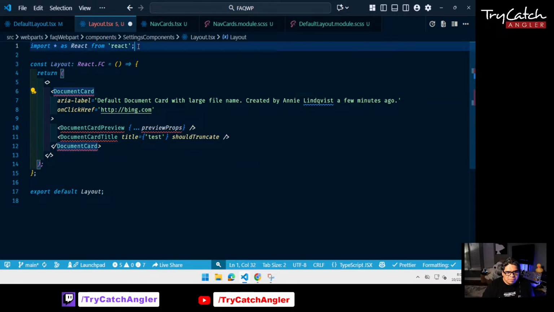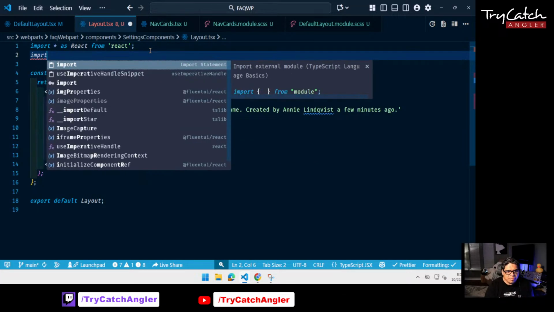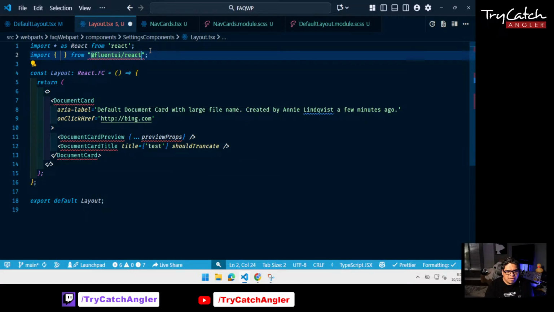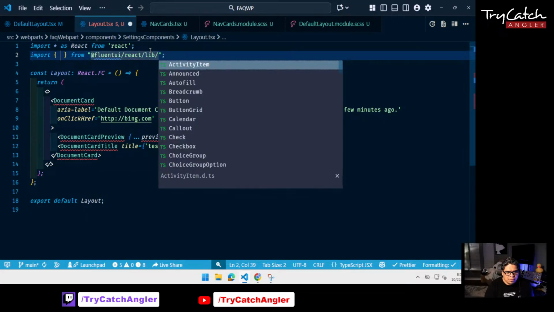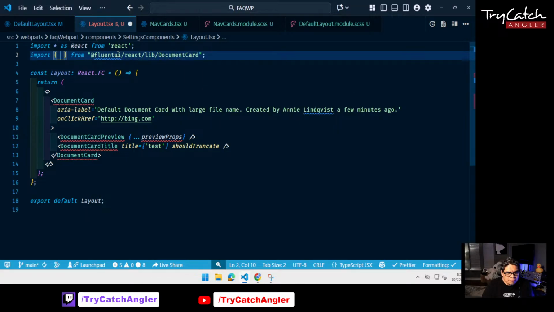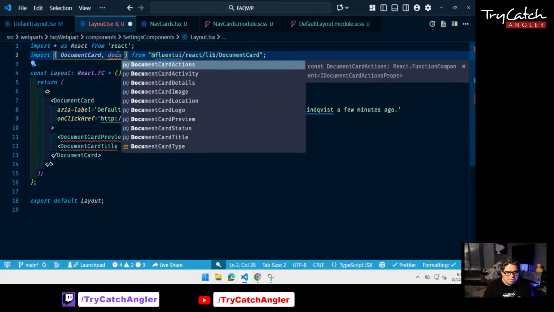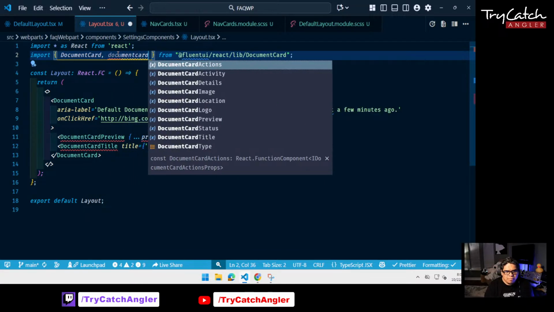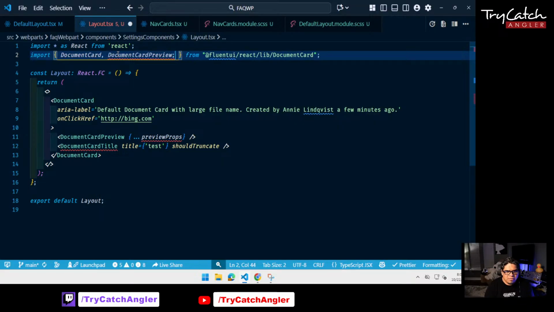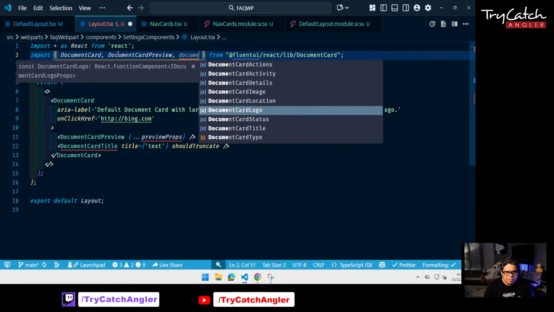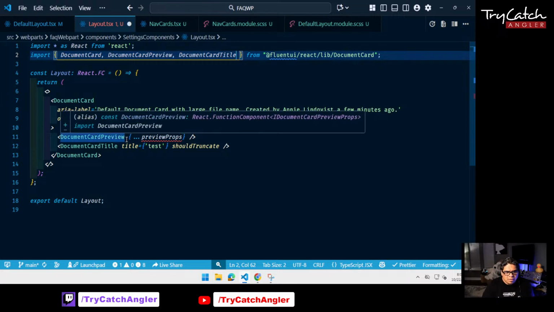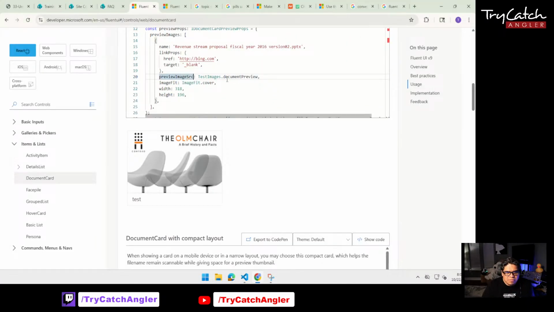So let's import this in here. We're going to import document card from Fluent UI React: document card, document card preview, and document card title. What is under preview props? Okay. Yeah, so we're going to have